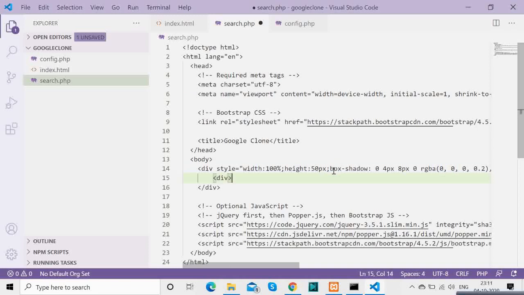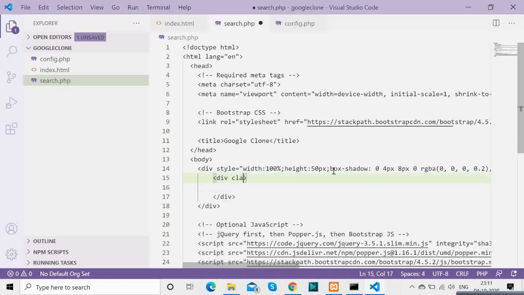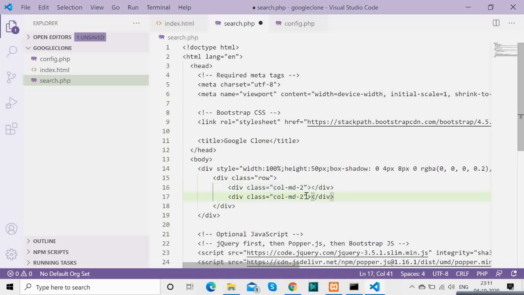So now we have the row and we are having the column. You must remember that the columns should add up to 12. That's like a scale whose total should sum to 12. That's the logic provided by the Bootstrap grid.